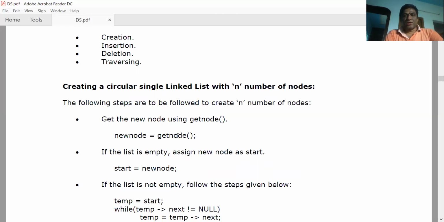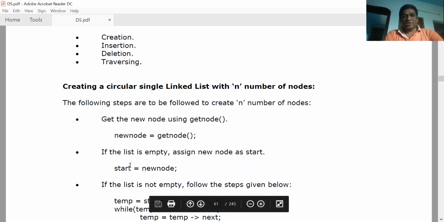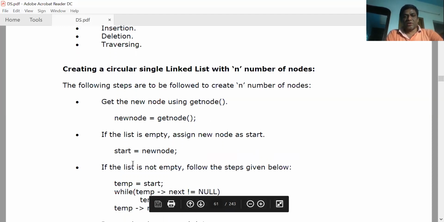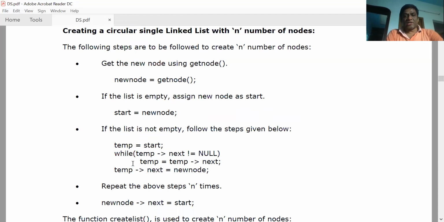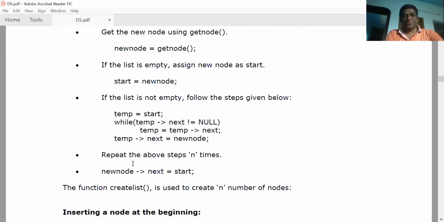Okay, if you want to create n number of nodes, then initially if the list is empty, assign that first node as the start node. Otherwise, use a loop and attach all the nodes to the corresponding node. So using temp is equal to start, while temp next not equal to null, temp is equal to temp next, and then temp next is equal to new node.